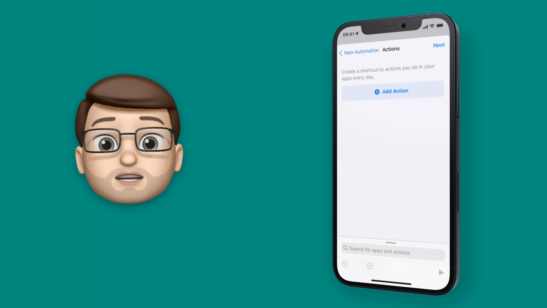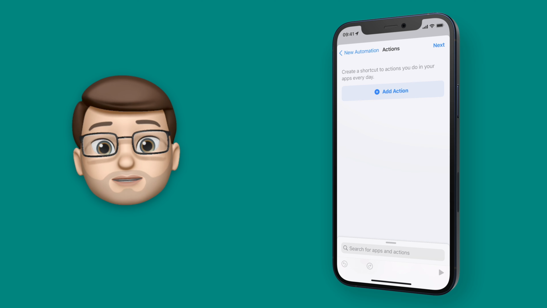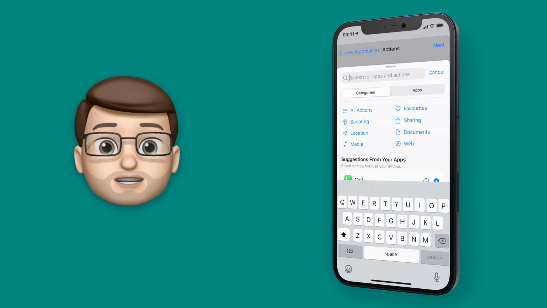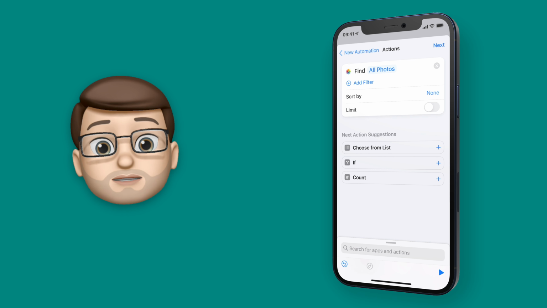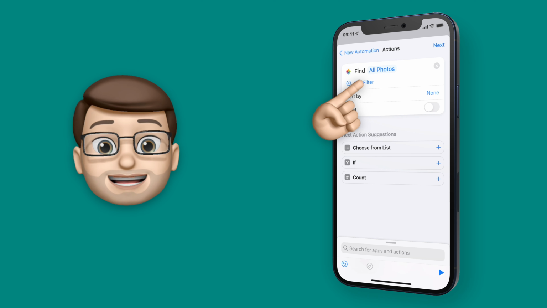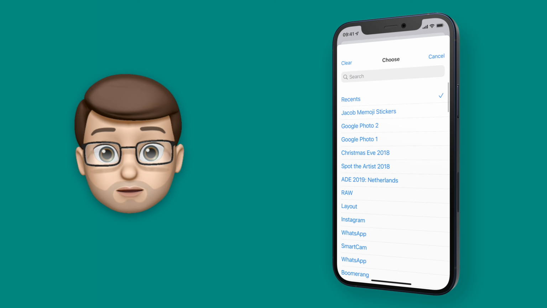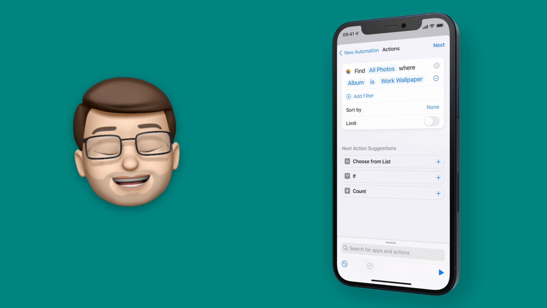Now we need to add in two different actions to make this shortcut work. And the first one is called Find Photos. So if you search for that at the bottom of your screen, and then you're going to tap on it to add that to your shortcut. From here you have a few different options, and one of them is called Filter. Tap on there, and then you can choose the name of the album you want to find your picture from. So I'm going to search at the top for Work Wallpaper, and then I can tap on there when it